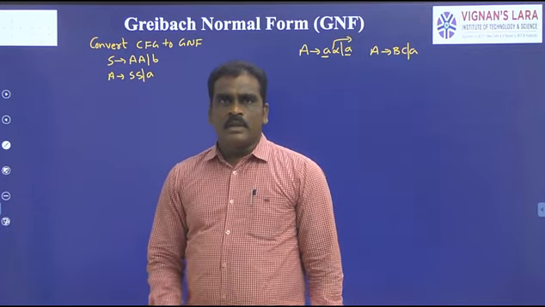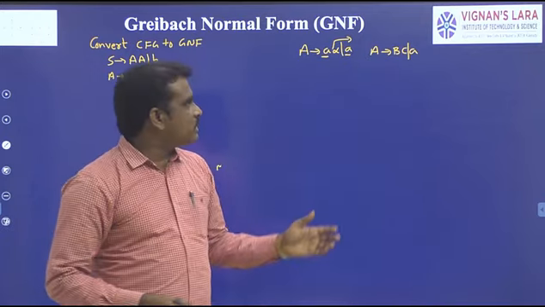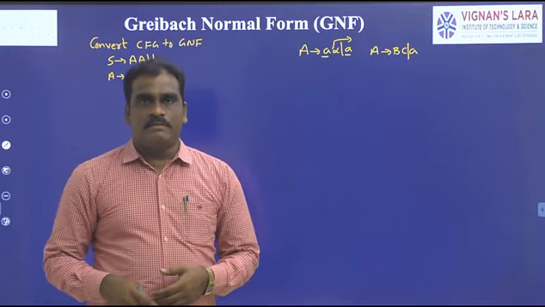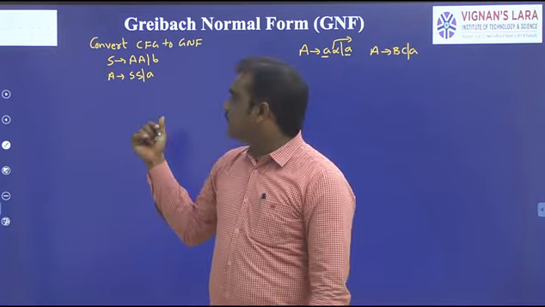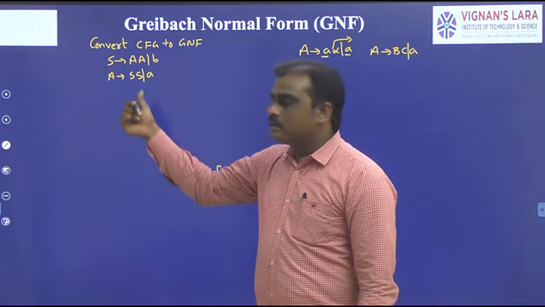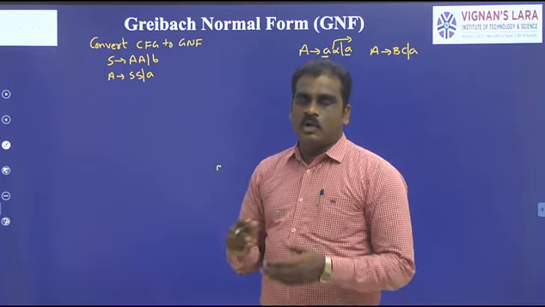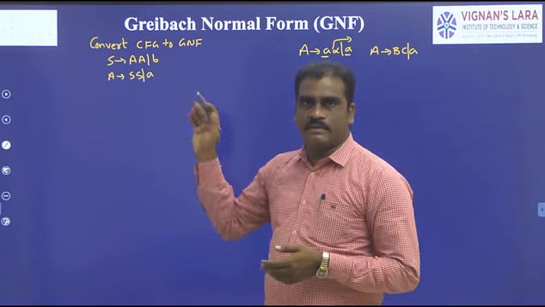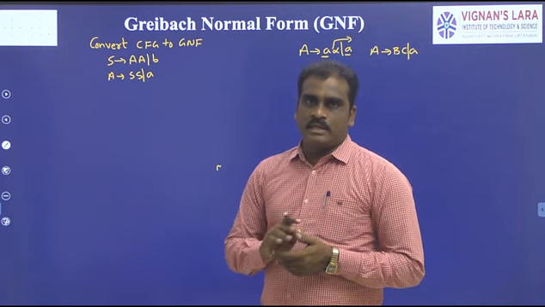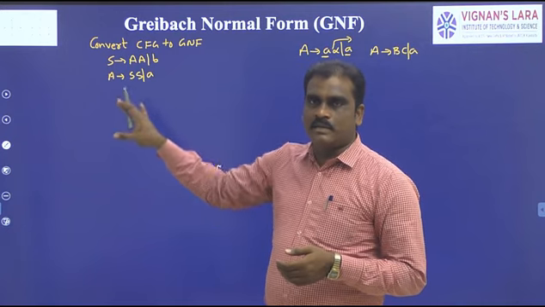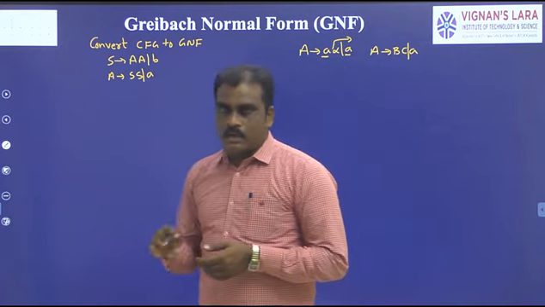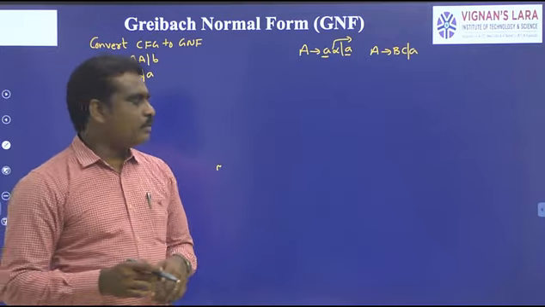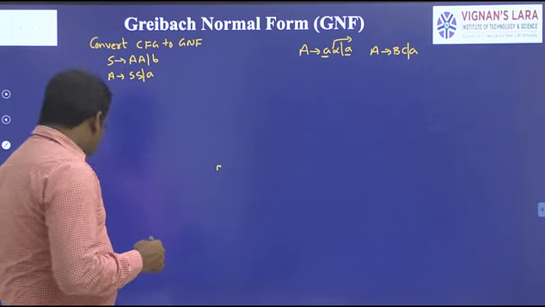So that's why, in the GNF process, as I have just mentioned, there are a total of 3 steps: simplification, CNF and then GNF. But here the given grammar is already in CNF form. So there is no need to perform any simplification operations because it is already simplified, and also no need to convert to CNF form. Now we can directly convert the given grammar into GNF form.